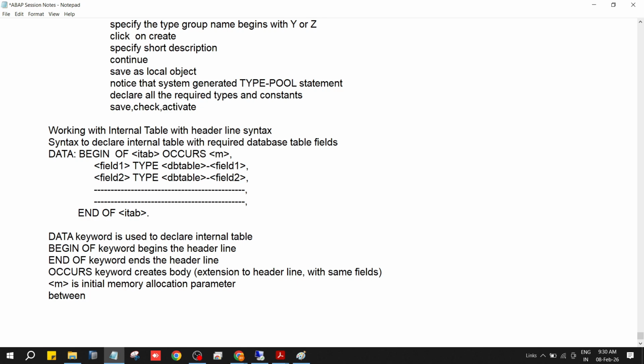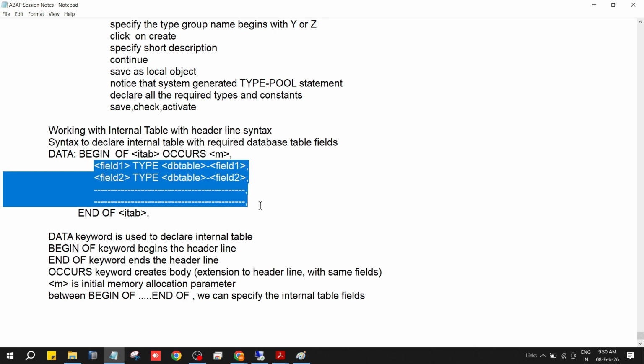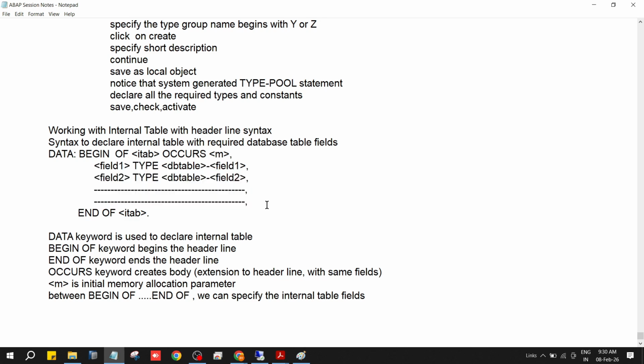Between begin of and end of, we can specify the internal table fields. This is your field 1, 2, 3, 4, etc. So each field can be declared